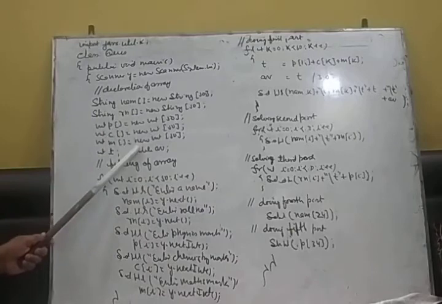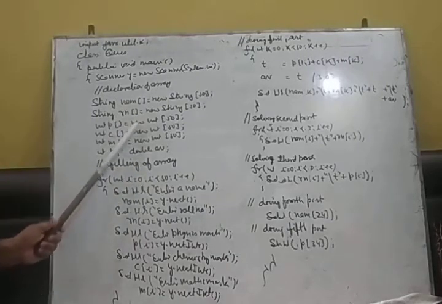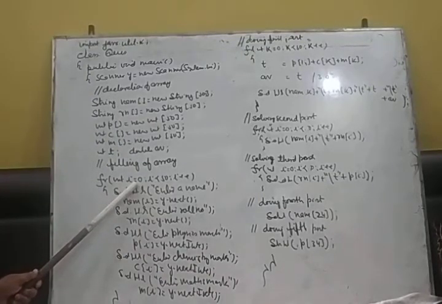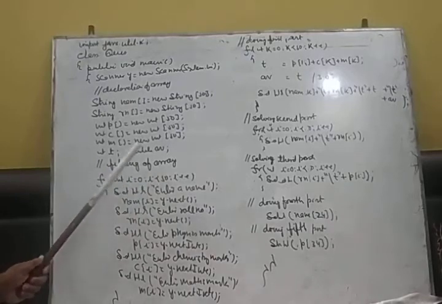Now, after declaring, the second point is filling of array. Now these arrays are empty. We are going to fill the arrays. Now see very clearly, very important point. I am running a loop starting from 0 till less than 50, because I have told you that each cell's location has an address. The first cell value is 0. The cell addresses are given by the computer starting from 0.